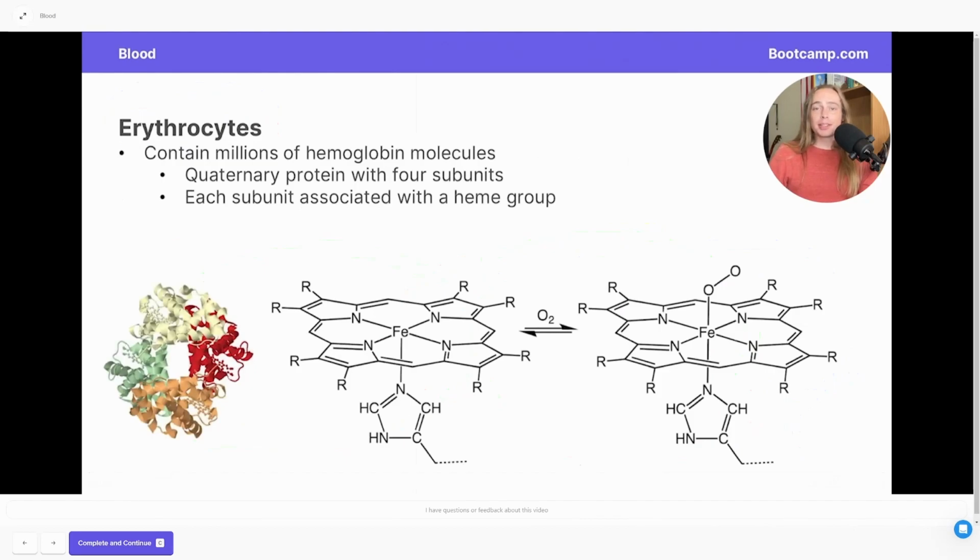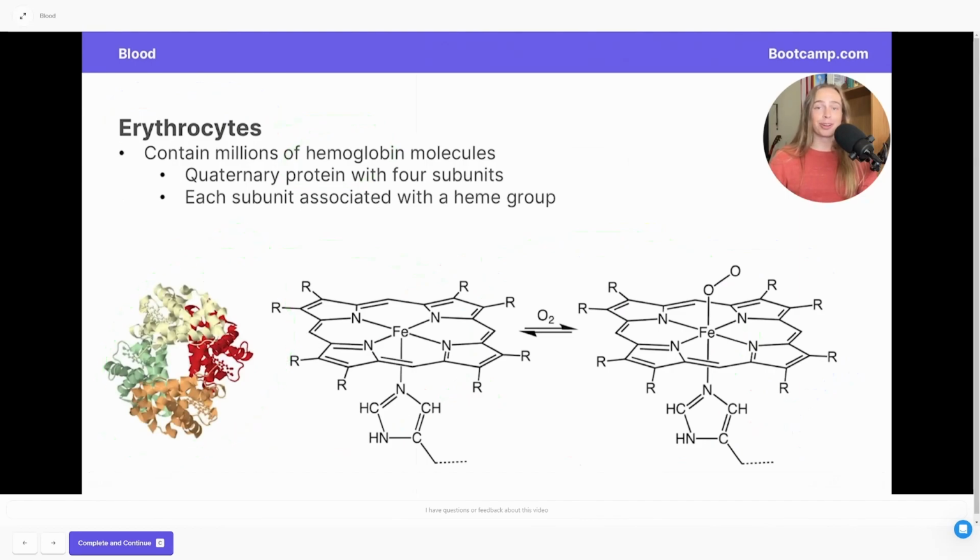So how are red blood cells able to carry oxygen so well? The answer is found in this little molecule known as hemoglobin. A single red blood cell contains millions of molecules of hemoglobin. Hemoglobin is a quaternary protein, meaning it's a protein that's composed of multiple different protein subunits. Here we can actually see an example of what hemoglobin looks like, and notice that there are 4 subunits for